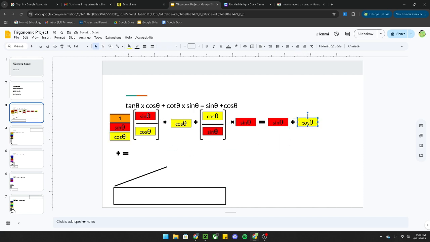Now, since this is simplified, cotangent in here and everything else is pretty much simplified, the only